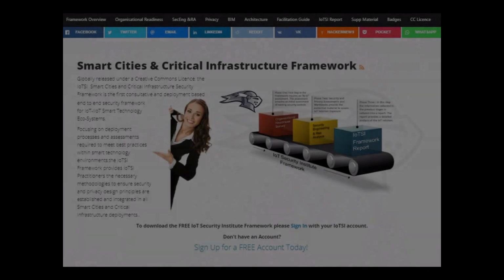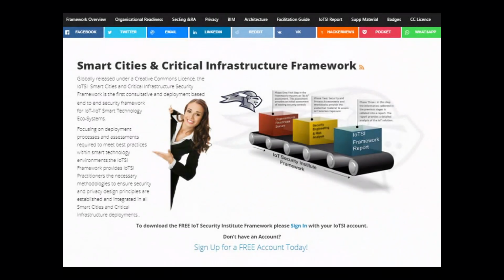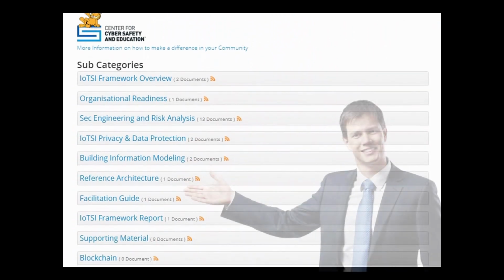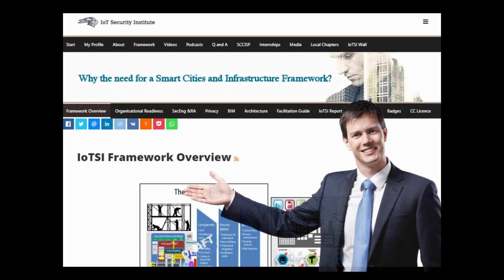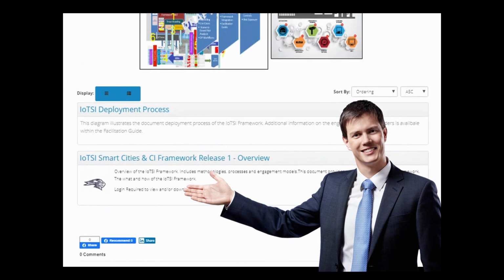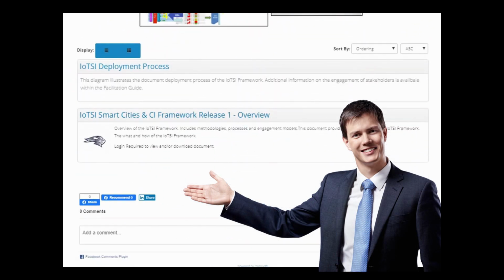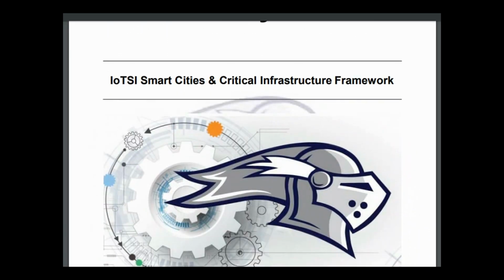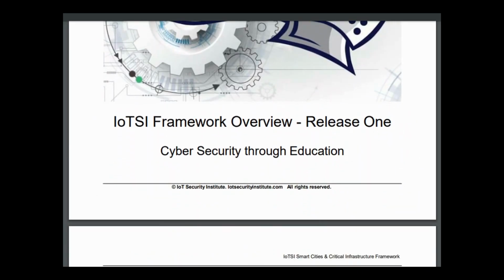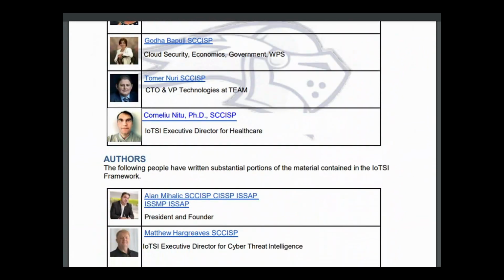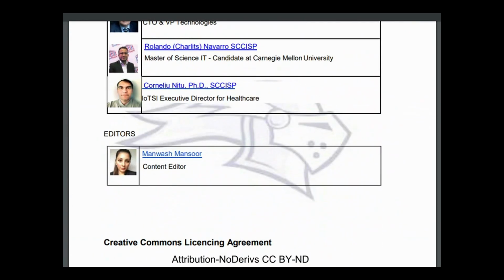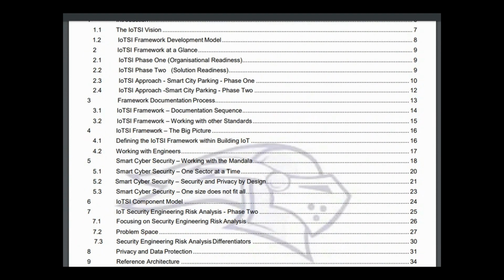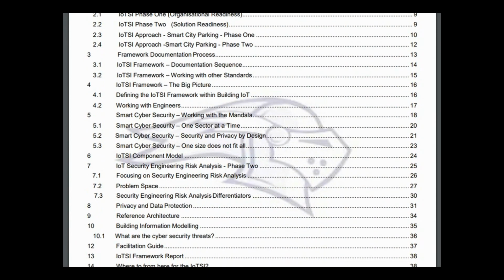Globally released under a Creative Commons license, the IoTSI Smart Cities and Critical Infrastructure Security Framework is the first consultative and deployment-based end-to-end security framework for IoT smart technology ecosystems. Focusing on deployment processes and assessments required to meet best practices within smart technology environments, the IoTSI framework provides IoTSI practitioners the necessary methodologies to ensure security and privacy design principles are established and integrated in all smart cities and